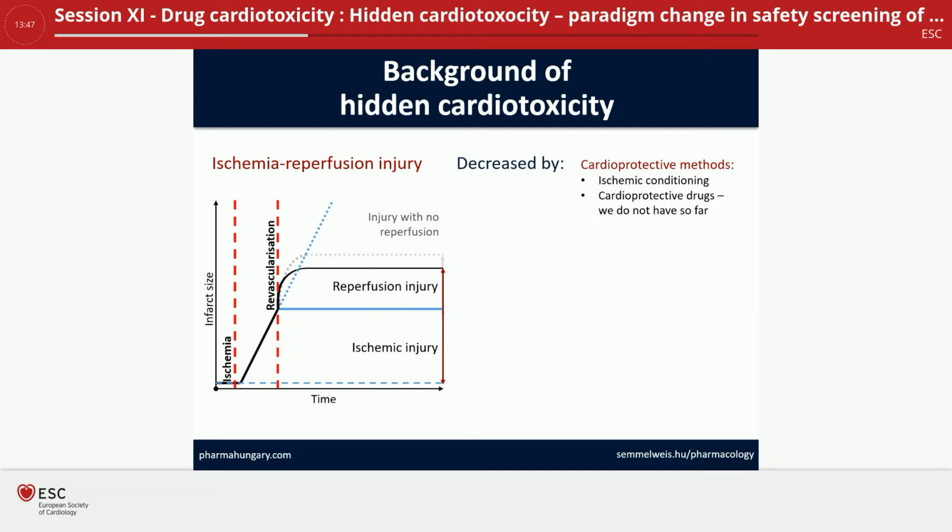This can be ischemic conditioning. You have heard that ischemic conditioning is effective, but depending on the comorbidities, it might not be effective. Also, by cardioprotective drugs, we can reduce the reperfusion injury, but the problem is that we still do not have any cardioprotective drug on the market. The current drugs used to treat angina and infarction patients have not been proven to reduce infarct size. So that's why the companies are really seeking new mechanisms for cardioprotection. However,